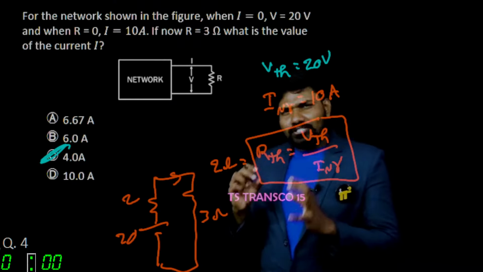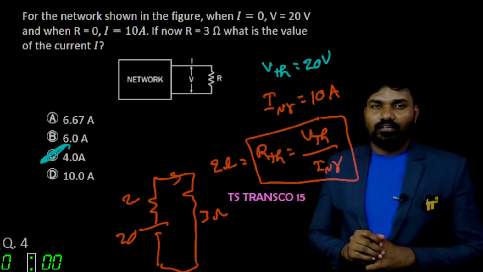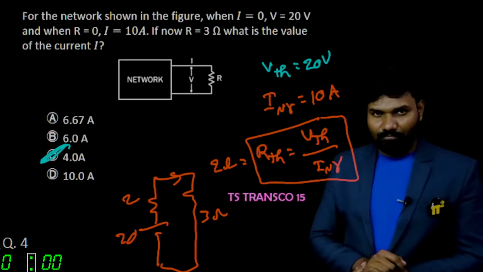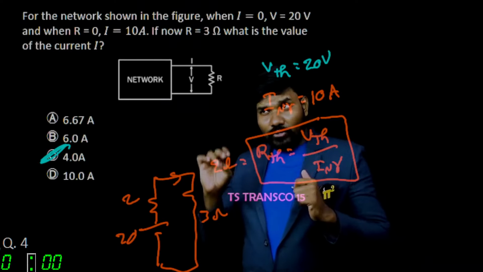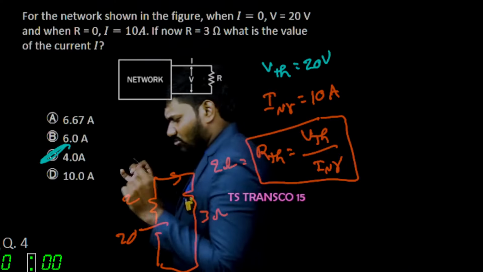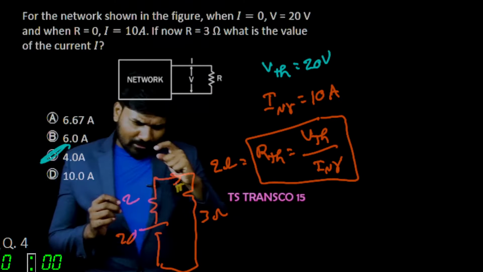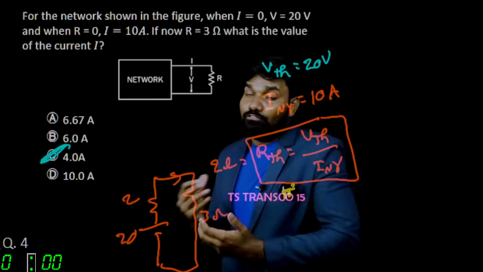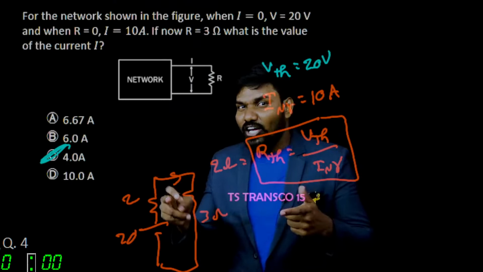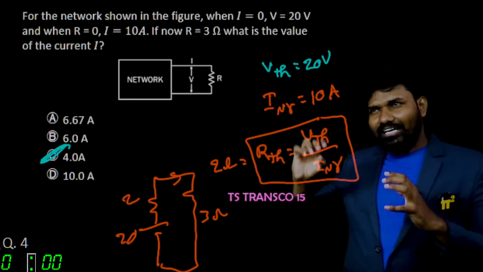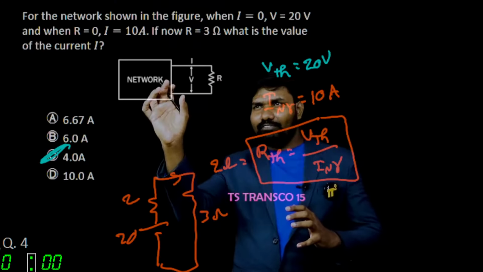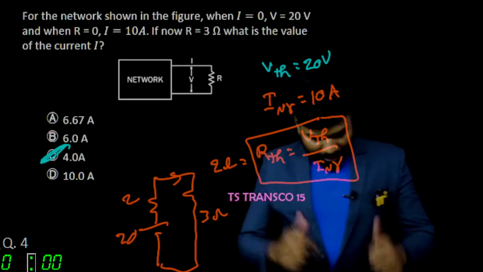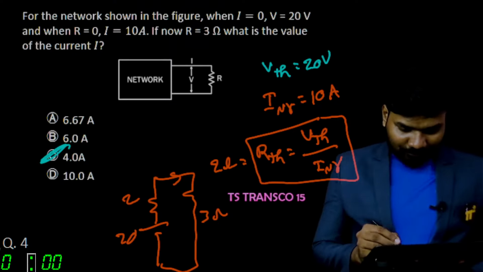Here, it's not about the answer to this specific question. It is the idea to approach whenever you get such kind of questions. Whenever you get these kind of questions, think about just these two theorems. Which one should I apply? Should I go for Thevenin's? Should I go for Norton's? Or maybe superposition? Mostly Thevenin's and Norton's will give you the answer, but sometimes you'll have to go for superposition. And reciprocity. You just focus on theorems whenever you get these kind of blocks. Then that's the only way. Let's go to the next question.